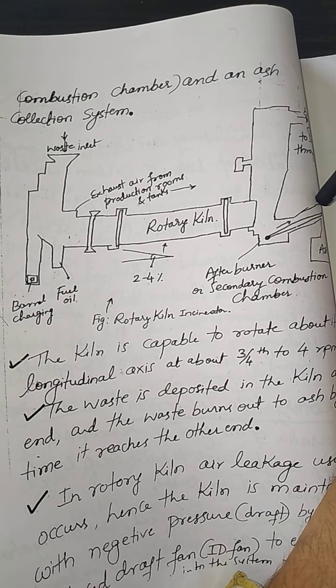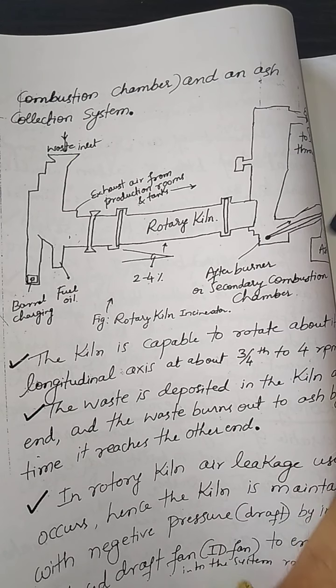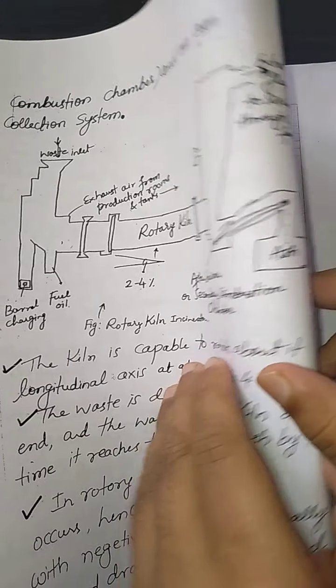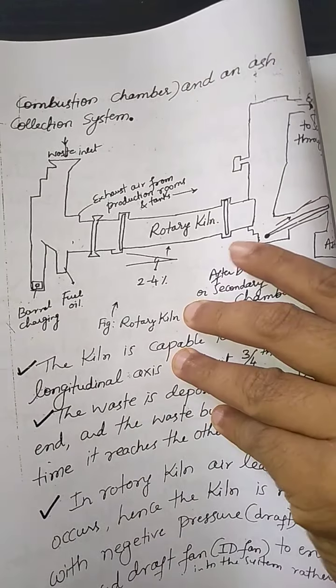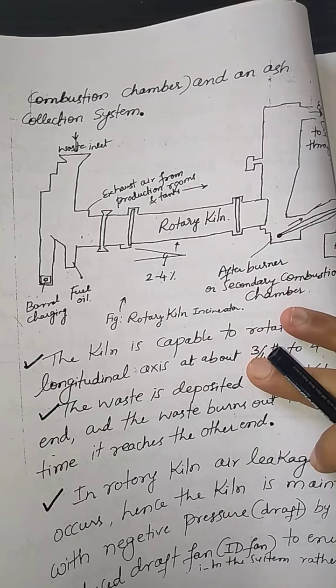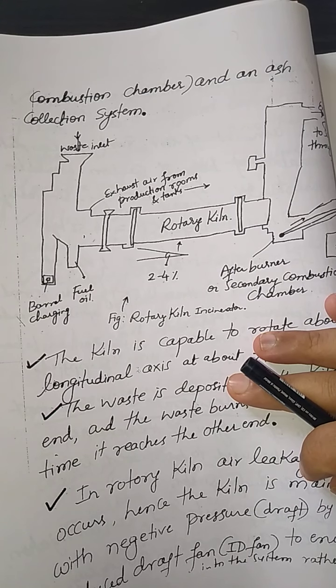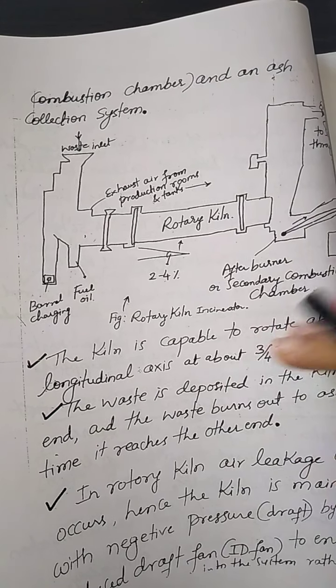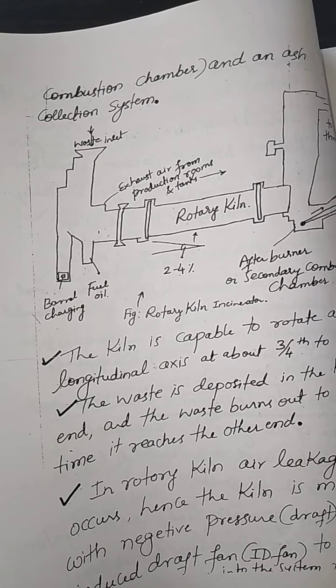Here it is going to flow onto the conveyor belt, and then we are going to get the ash at the end. And again here we are going to have the exhaust. Okay, for a rotary kiln incinerator, we will be using a temperature of around 800 degrees Celsius, and we will normally be using diesel as the fuel. Now we will see the next type of incinerator.